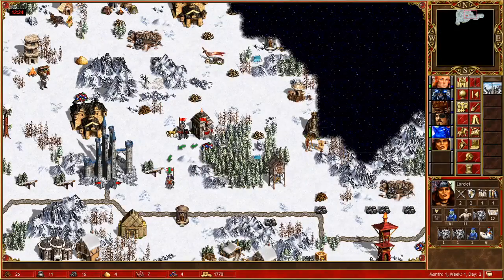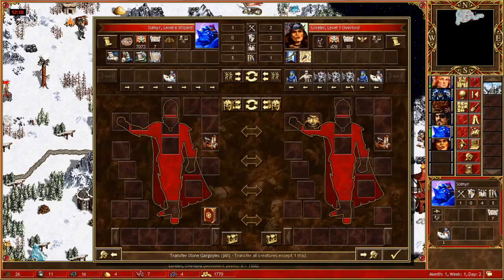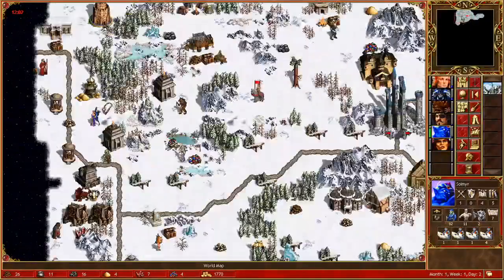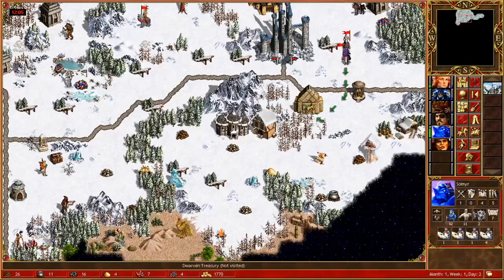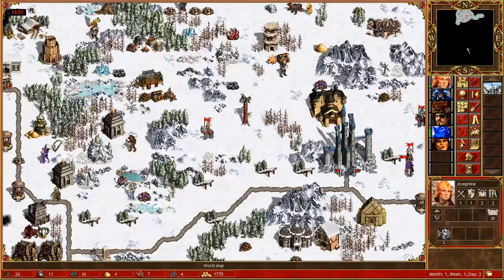Would have liked a bigger imp cache, but that's okay. Okay, we're definitely going to go for the Dwarven Treasury now. Or actually, are we? It is slightly dangerous if it's a big one. You know what, let's go for the box first. I'll go for the box first, and then...